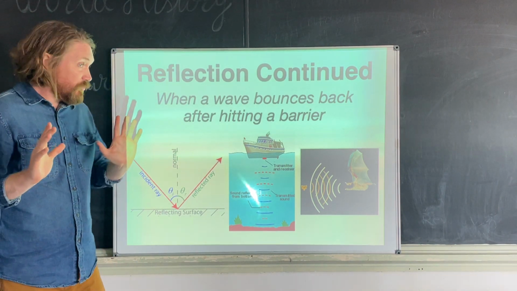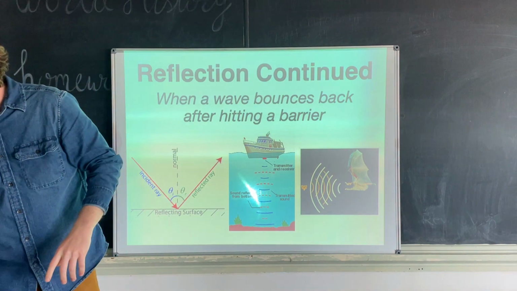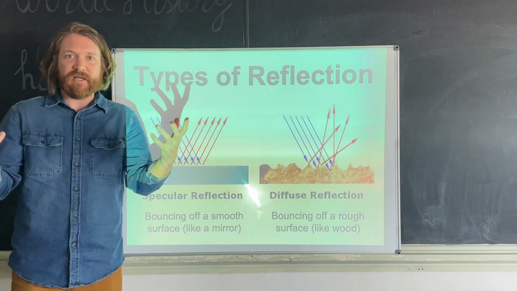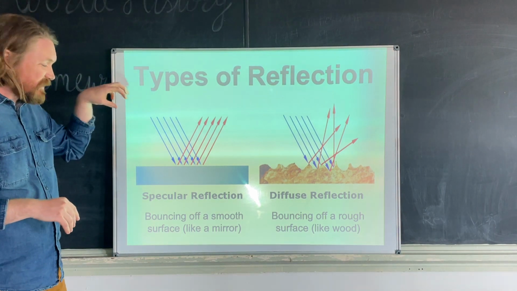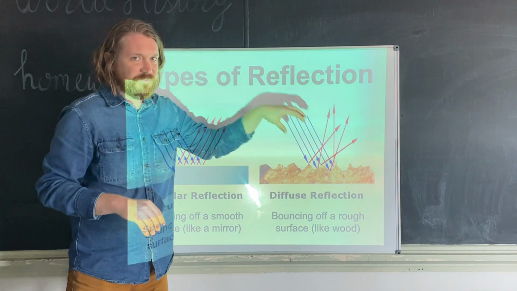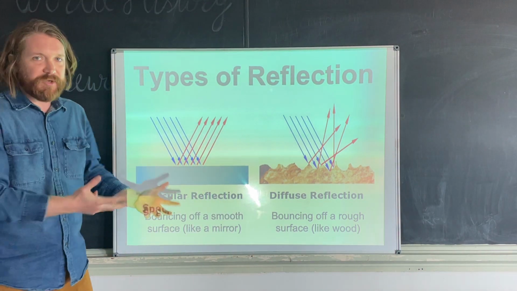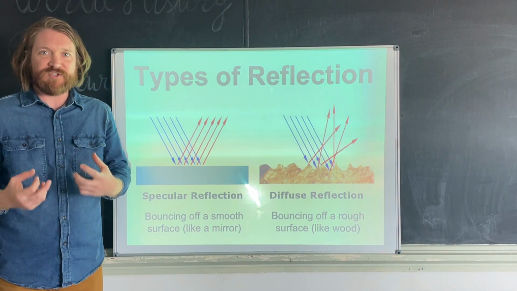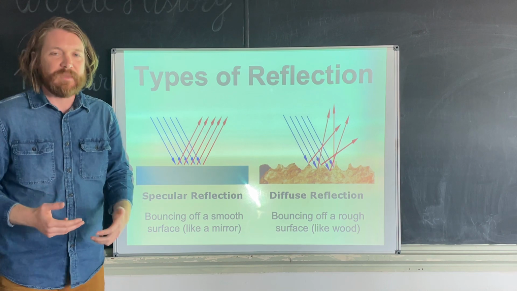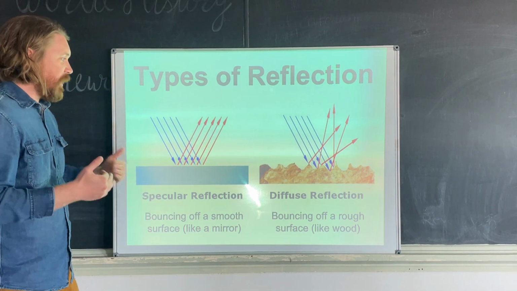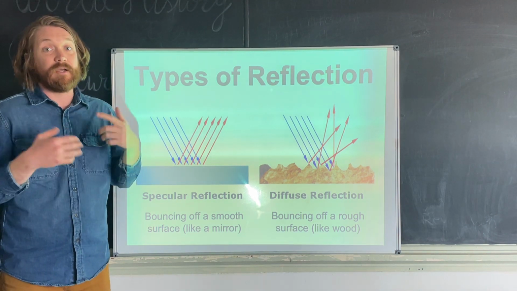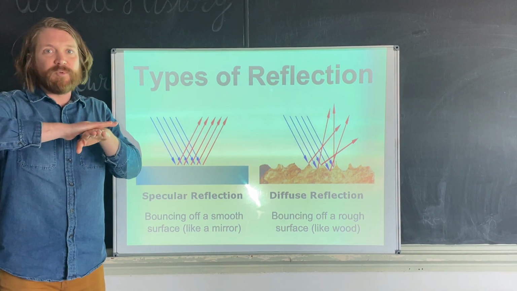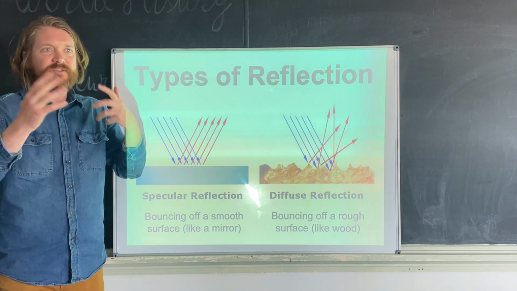All right, so to look at this law of reflection, I'm sorry, I'm getting ahead of myself. Again, there's two types of reflection, all right? There's what is called specular reflection and what is called diffuse reflection. And it should be pretty obvious what the difference between the two is from the pictures, right? Specular reflection is what happens when a wave hits a super smooth surface, okay? Like a mirror or a super flat body of water, or even just